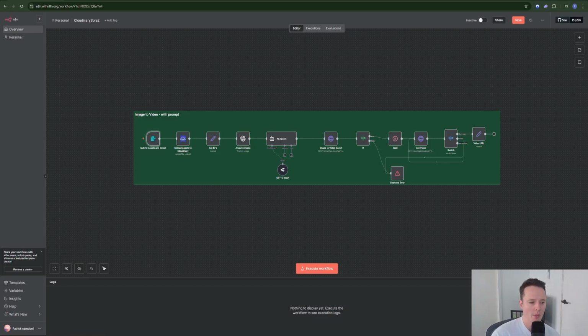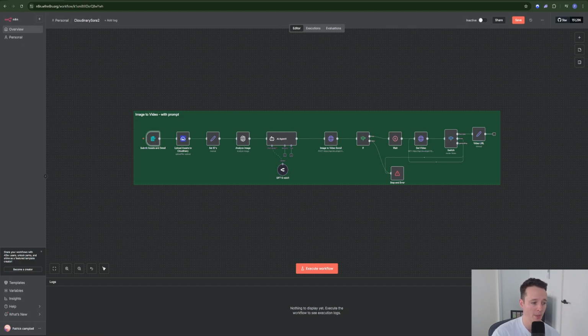Hey guys, with all the hype around SORA2 and particularly the image to video generation capabilities, I've been seeing a lot of workflows coming out at the moment around automating this, and probably a few things that I've seen is that while they provide a really good base, they are often quite finicky and require a lot of annoying input from us. And so what I've done is I've taken a workflow that I saw from Nate Herc, and basically